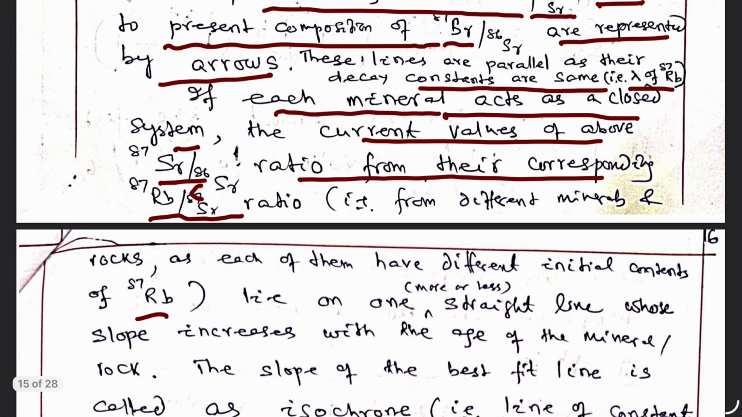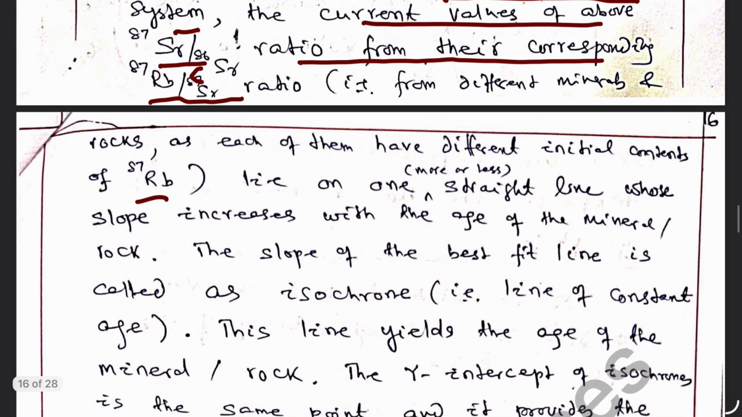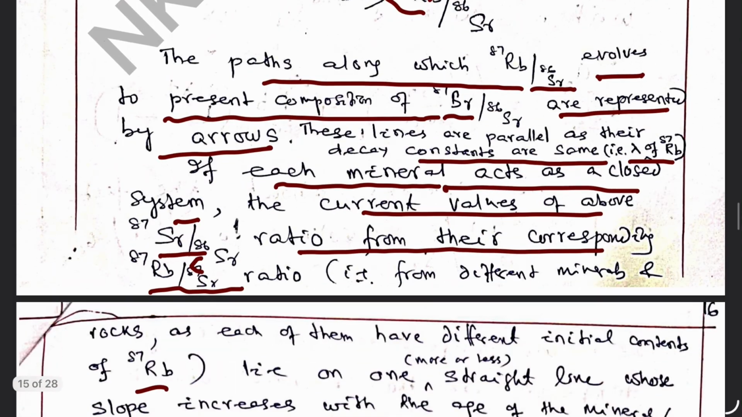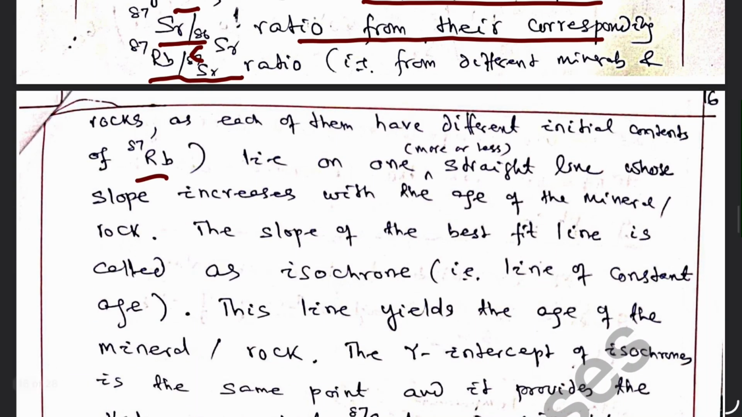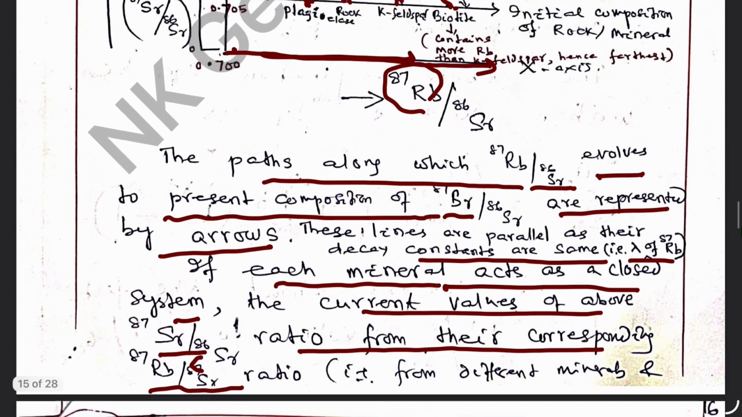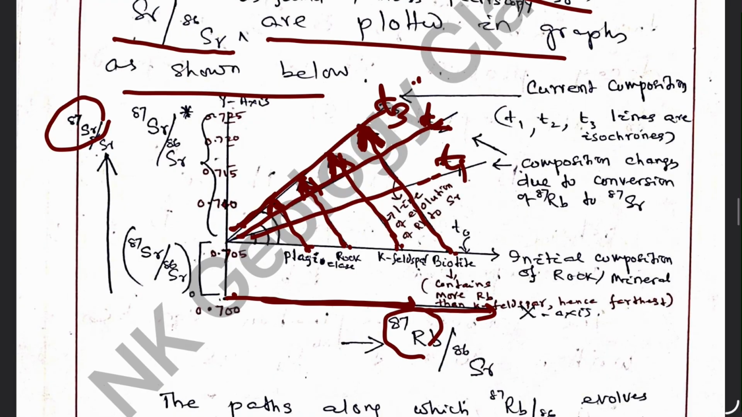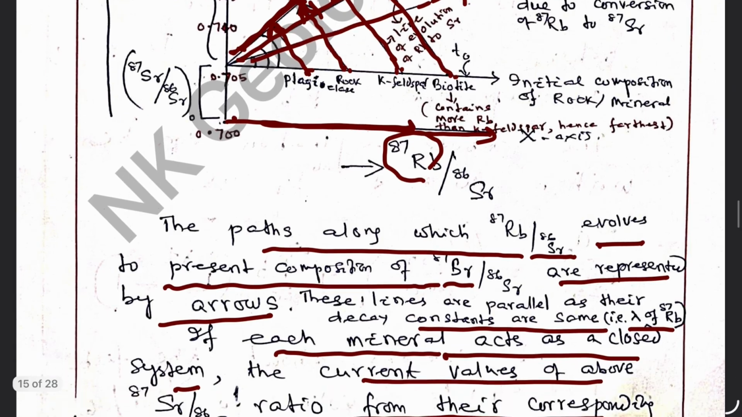So if we plot the data by taking into account rubidium 87 by strontium 86 with respect to strontium 87 by strontium 86, we get these graphs, and the straight line, or the isochrone. Let us say this is the isochrone T3 line. This isochrone